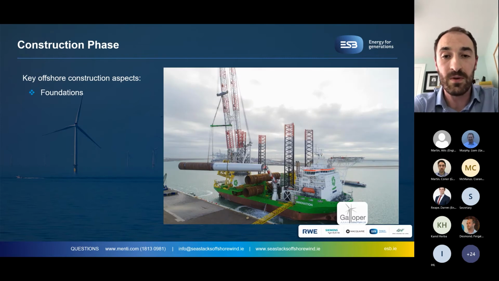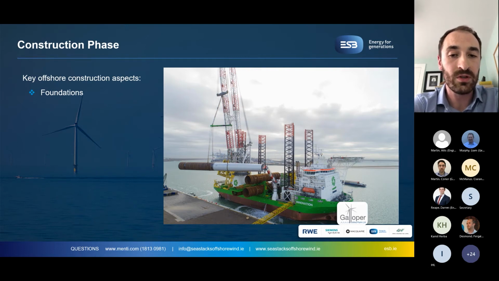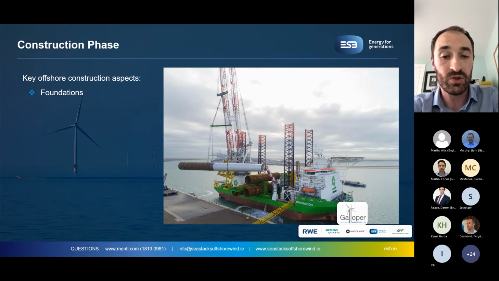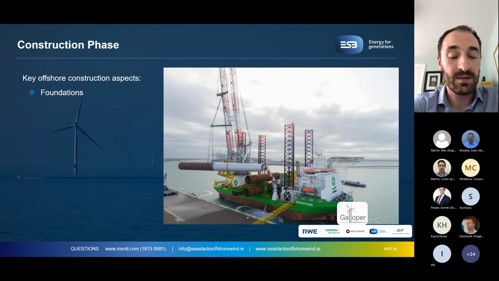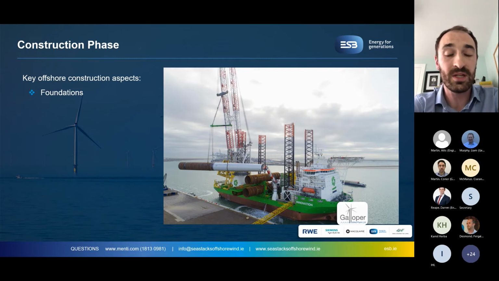The first aspect is foundations, which are shown on screen. In this example, there's a monopile foundation which is being loaded onto an installation vessel from a construction marshalling port. This is the preliminary preferred foundation type for the Sea Stacks project. So following fabrication, these would be transported to a local construction marshalling port for the project, and then an installation vessel, very similar to what's shown here, will transport the monopiles to the site where they'll be installed using pile